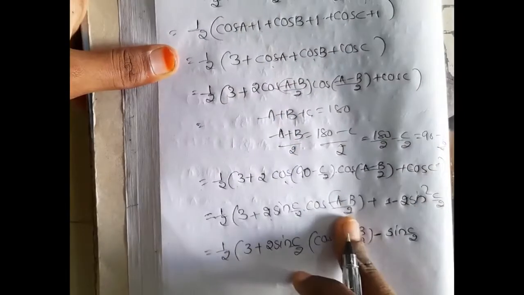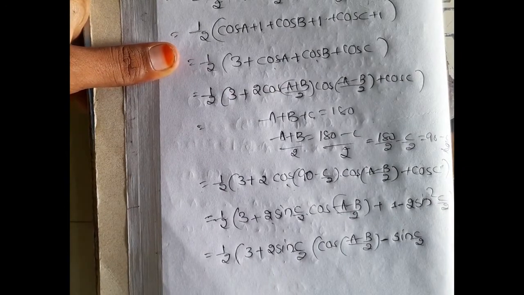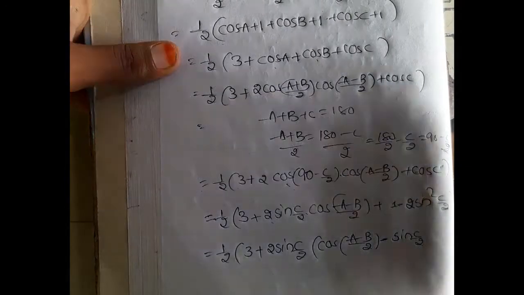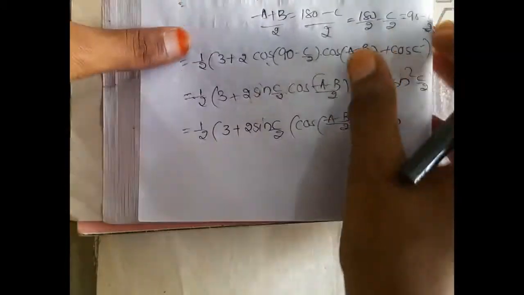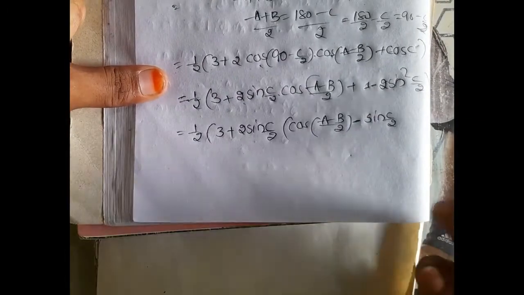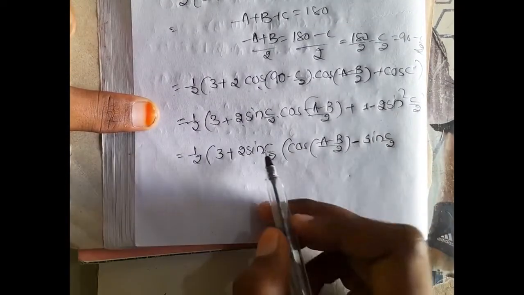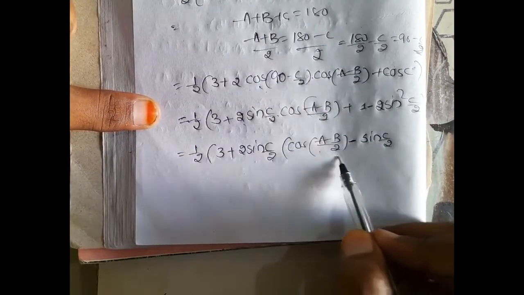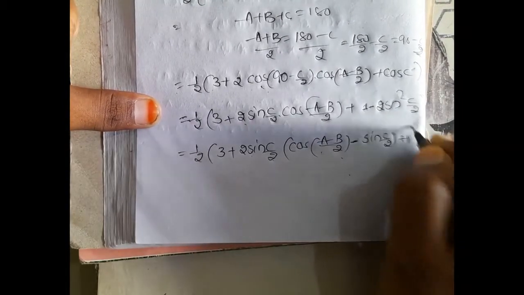Actually these are all similar to the problems of transformations in trigonometry, which are important for 7 marks. But here we just have r and small r, capital R extra. After doing all this process, we have to do something to get them, again multiplying with 2R or like that. So here 2 sin c by 2 we took common, cos (a minus b) by 2 minus sin c by 2, okay, plus 1.